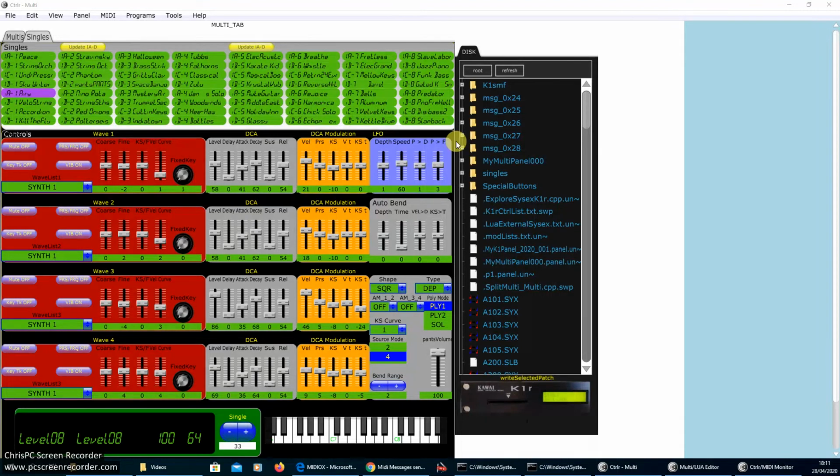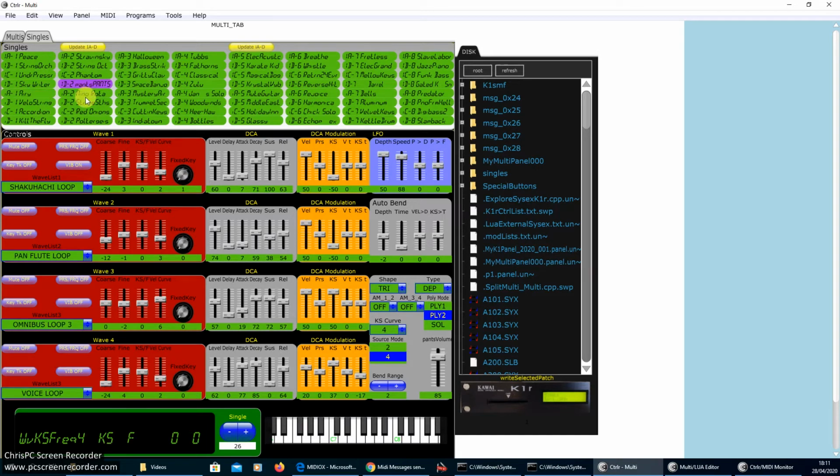I've made a few changes since the weekend. I had a little bit of time over the weekend. The major difference you can see here is there's now a write selected patch, and it does exactly what it says on the tin. Also, when you look at an individual patch, if you single click it, we change the value